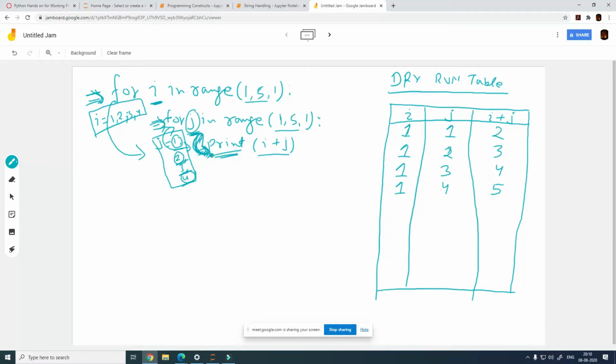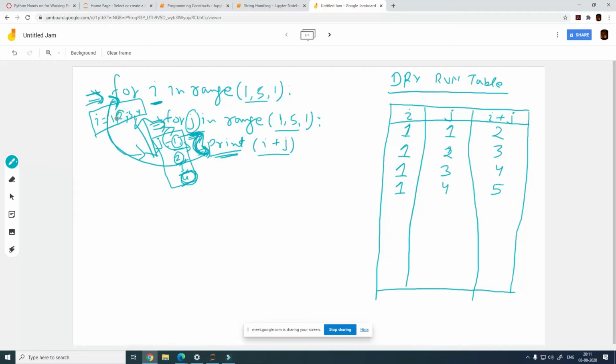Now what will happen after you exhaust all the values of j? The program control is going to go back to where? This for loop or the outer for loop? Because this for loop is done running for all the values of j, the outer one. So now the control of the program code will go back to here. And what will happen here? It has already run all the lines of code down below for i equal to 1. So now it will do the same for i equal to 2.